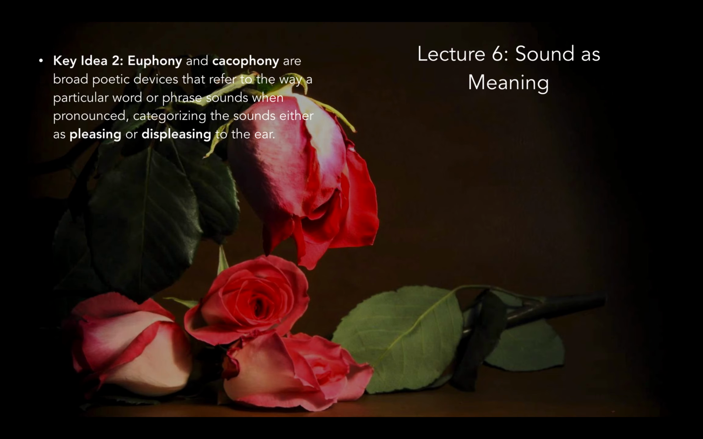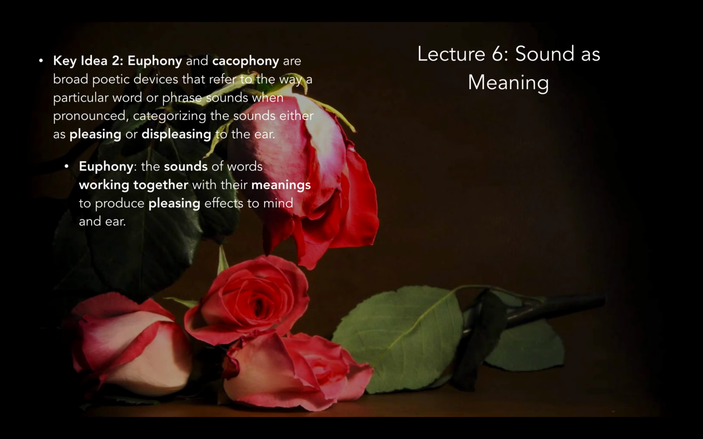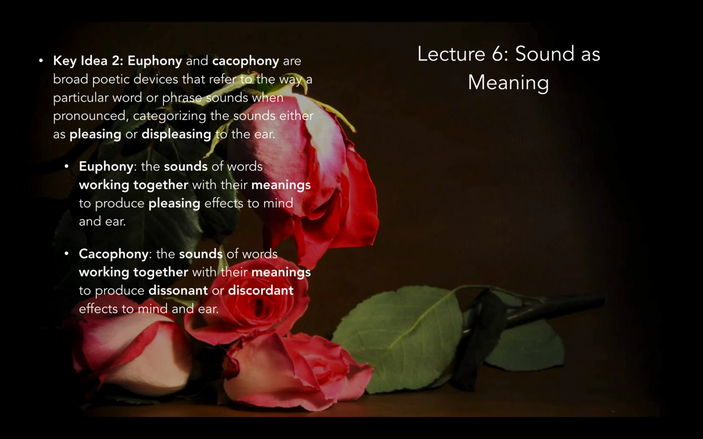So basically, euphony is just the sounds of words working together with their meanings to produce pleasant effects to the mind and the ear. And cacophony are the sounds of words working together with their meanings to produce dissonant or discordant effects to mind and ear. Now, sometimes teachers will go into a long list of the different consonant and vowel sounds that are euphonic sounding, and all of the cacophonous consonant sounds that can be used. Instead of going into that, let me just give you a general